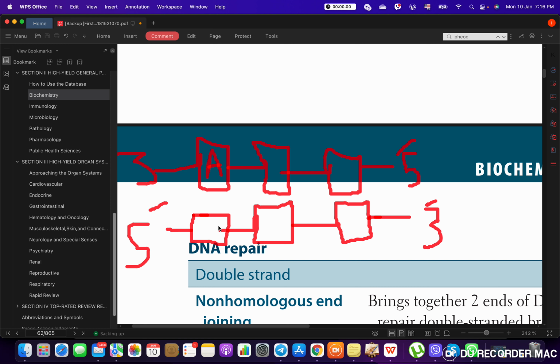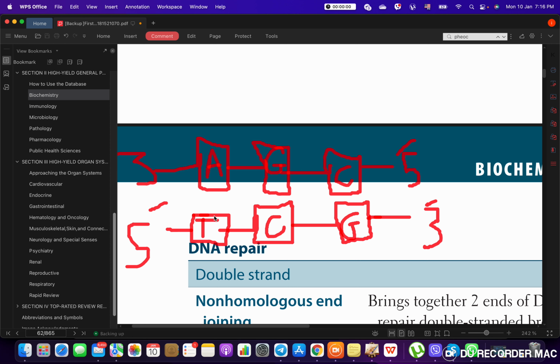Adenine takes thymine. Guanine takes cytosine. Cytosine takes guanine. Okay, so the bond between the adenine and the thymine, how do we call the bond between these two